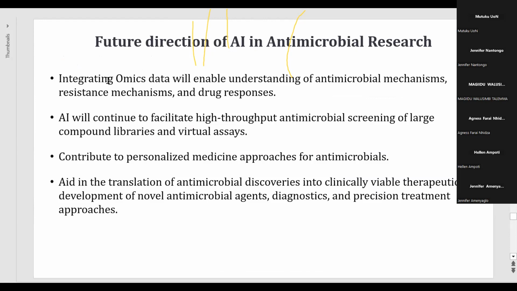That is integrating different omics data, that is integrating genomics, transcriptomics, metabolomics, proteomics, and whatever different omics are there. Integrating all the omics data will enable understanding of antimicrobial mechanisms, resistance mechanisms, and also drug responses, means how a drug will act on a body. Then AI will continue to facilitate high throughput antimicrobial screening, means